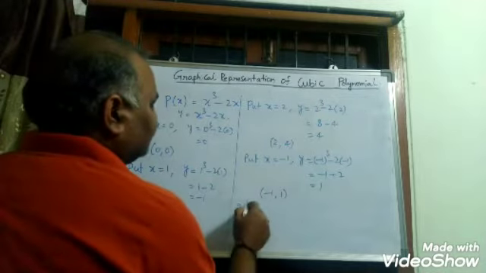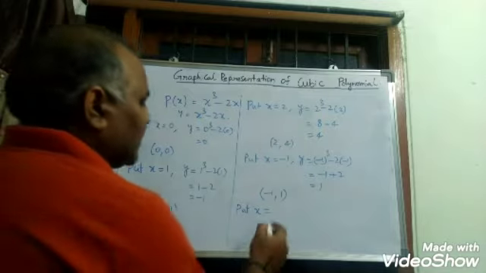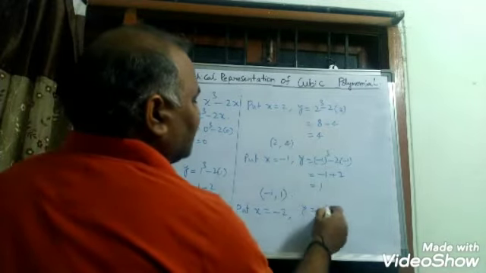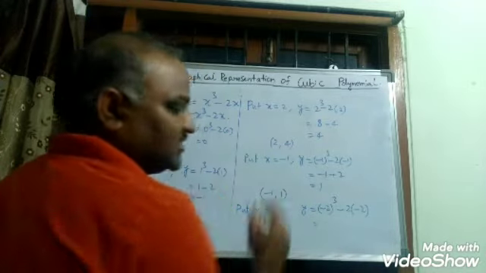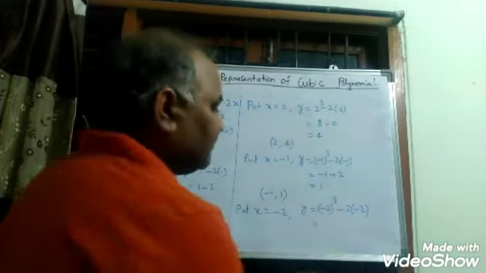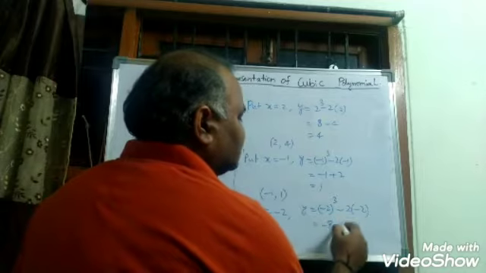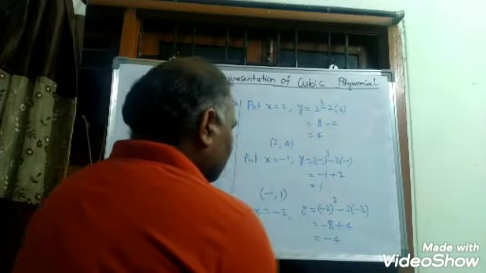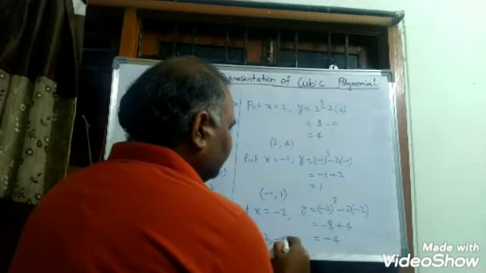Put x equal to 0, 1, minus 1, 2, minus 2 also, let us consider minus 2. y is equal to minus 2 whole cube minus 2 into minus 2. Minus 2 whole cube, here minus into minus into minus, 3 times if you multiply, that is minus. 2 into 2 into 2 is 8. Minus into minus is plus. 2 2s are 4. So minus 8 plus 4 is minus 4. So the ordered pair is minus 2 comma minus 4.